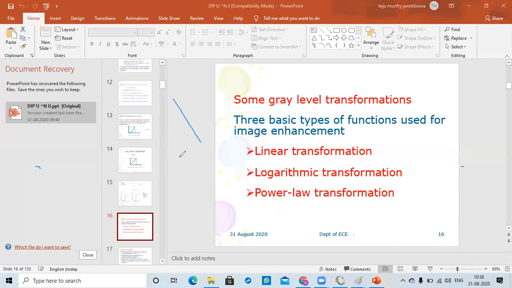For example, linear transformation means R and S values. R is input values and S is the output values. If it is a direct relation like this, linear relation, then it is called as linear transformation. Or logarithmic transformation means like this, etc.